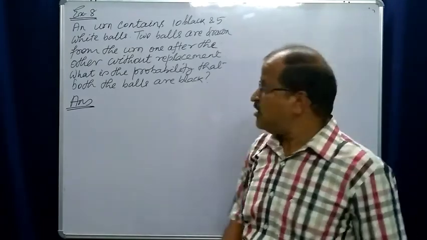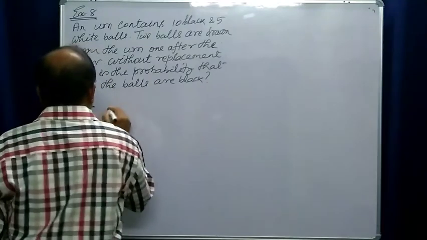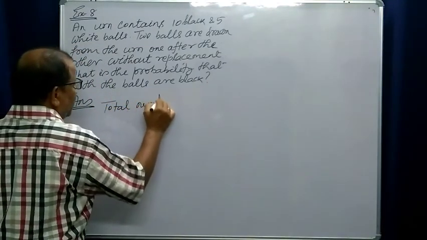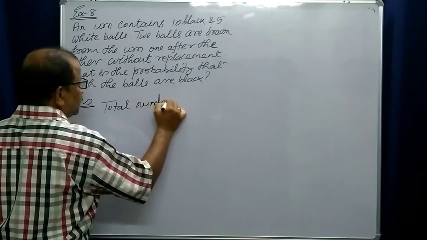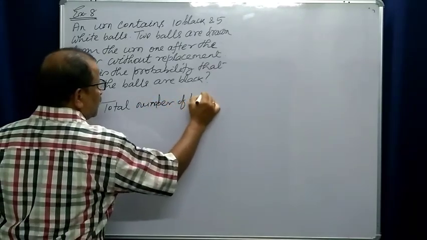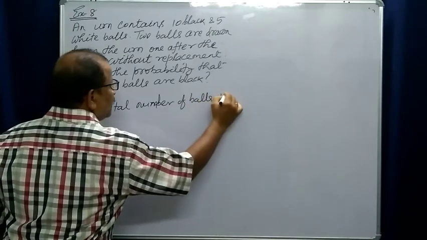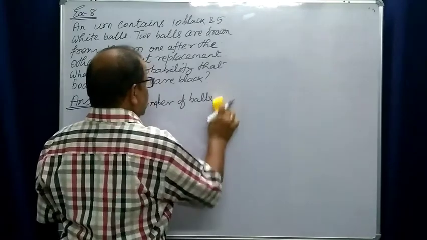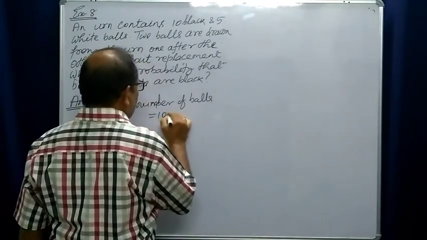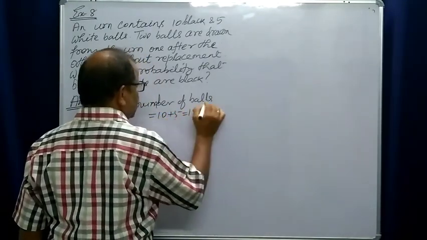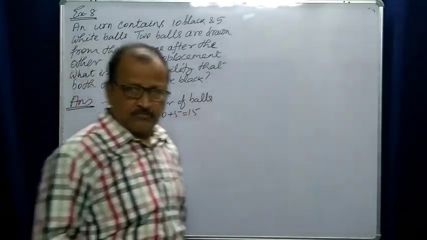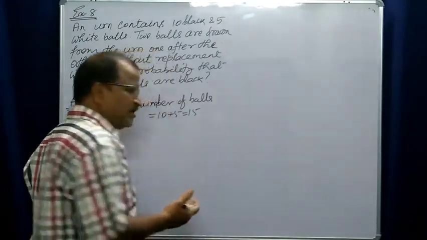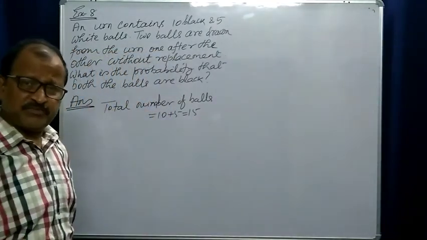Suppose the urn contains total number of balls equal to 10 plus 5, that is 15, right? So one ball can be drawn in how many ways? 15 different ways,